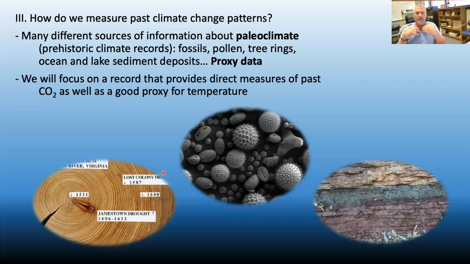So we weren't on the planet with sensors that would allow us to measure the temperature and record it accurately a million years ago, right? But there are things that were here a million years ago still today that we can look at that will tell us a lot about what the conditions were at that time and much more accurately than you might believe, right? So we're going to focus on measures of carbon dioxide and temperature today.